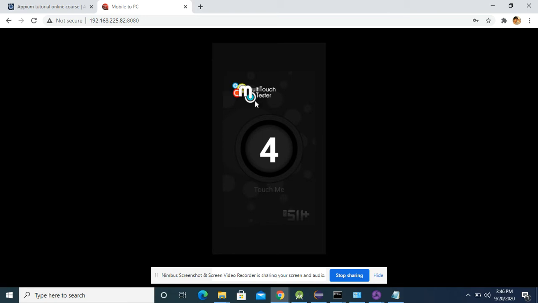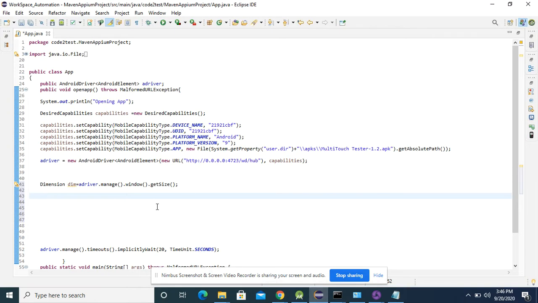So you can see that four coordinates would be created: the X and Y coordinates of the source of the first touch, and the XY coordinates of the destination of the first touch. Similarly, the XY coordinates of the second touch along with its destination. So this is what I need to perform.